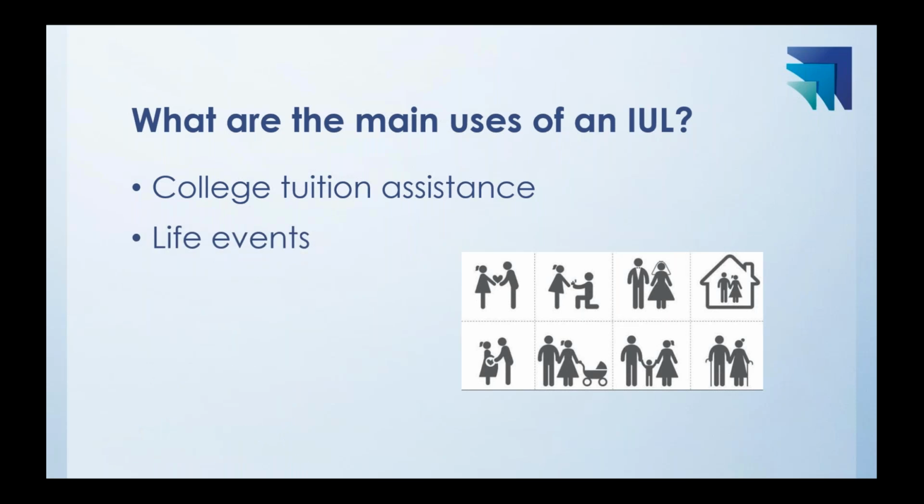Life events are another thing that people could tap into their IUL for. By life events, we mean things like, say the client has a major medical bill come up, or maybe they have a large repair on their home or on their car. In the day and age we live in, not a lot of people have a lot of money in their savings. And so say they do have a major expense that comes up on the house. Well, if they don't have a lot in savings, but they have to fix what's wrong with the house, they have to figure out a way to pay for this. And so unfortunately, a lot of people have to either put this on a credit card or refinance their house or use some sort of plan basically that has interest that they're going to have to pay back.